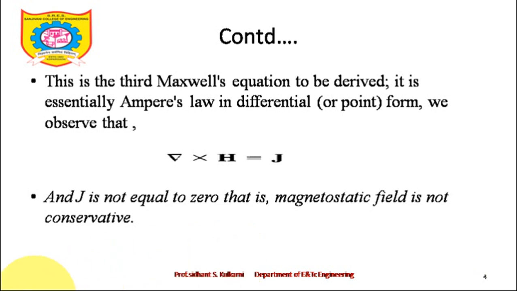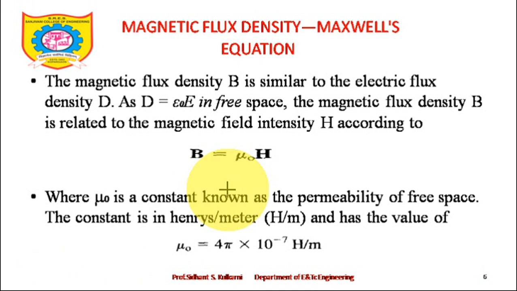Now we'll proceed to the next point in the unit, on the same slide: magnetic flux density and Maxwell's equation. Once again I will take you back, because finding analogy and comparing is a very easy thing that you can do. When we studied electrostatics, we went through electric field intensity E bar and electric flux density D bar.